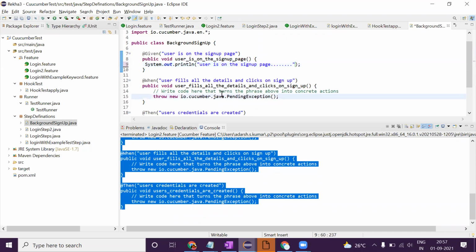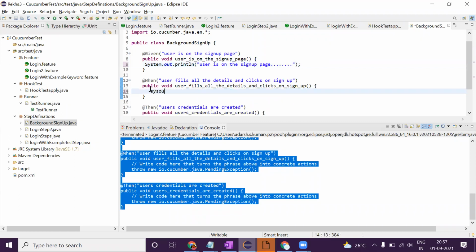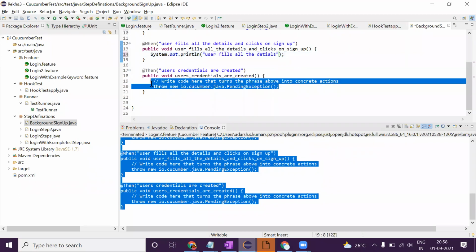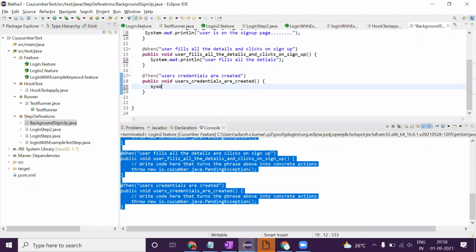System.out.println user fills all the details. System.out.println able to generate credentials.